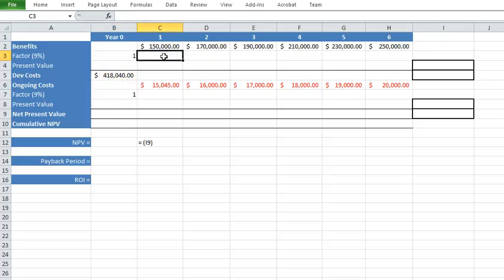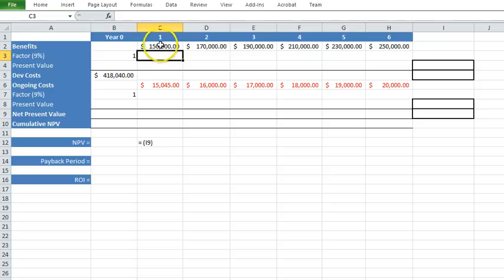But we do a calculation. You can have a look at your notes for the factor for years 1, 2, 3, 4, 5, and 6, and this will be the factor by which we're going to reduce those benefits to take into account the time factor of that